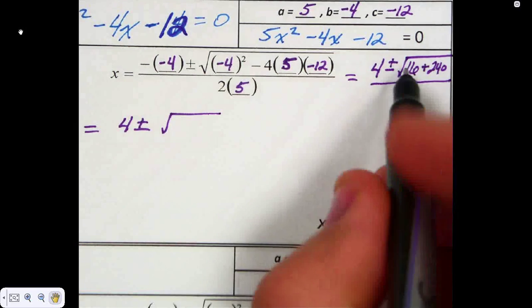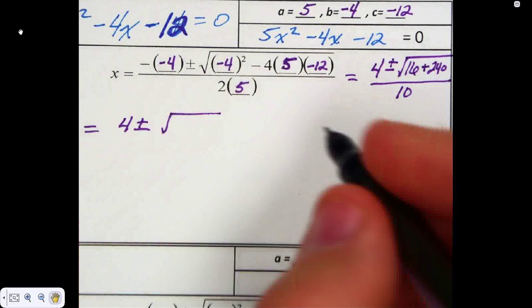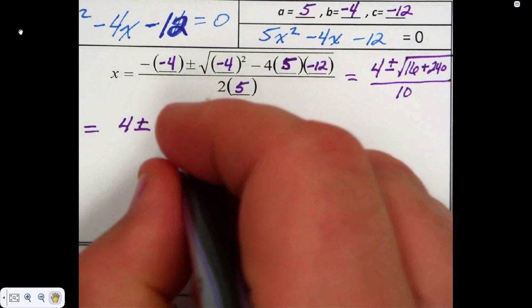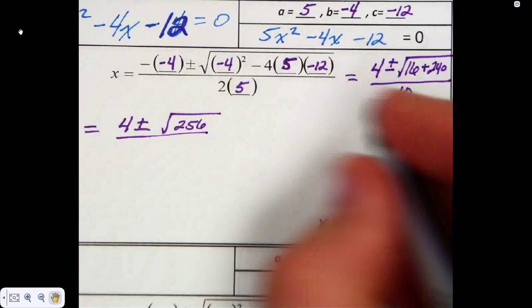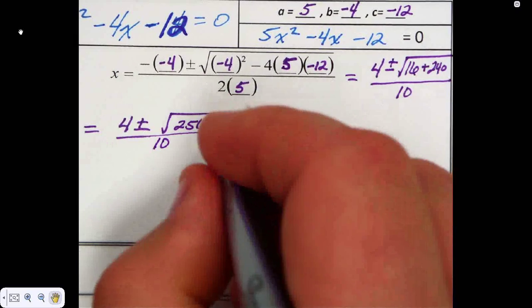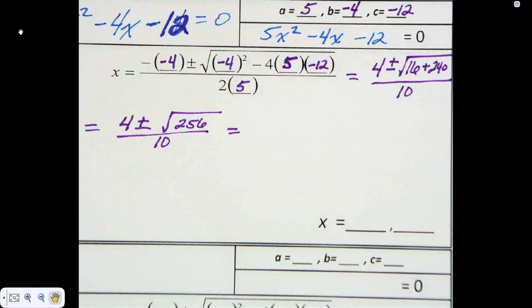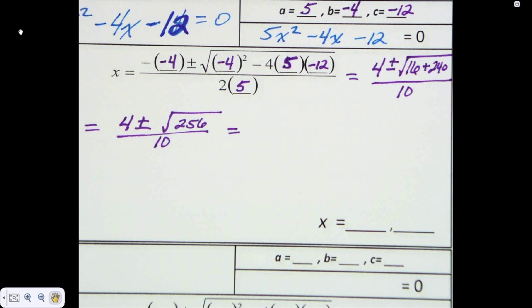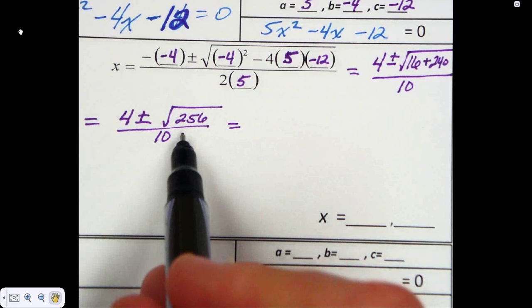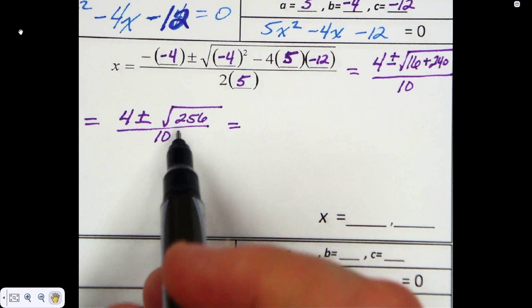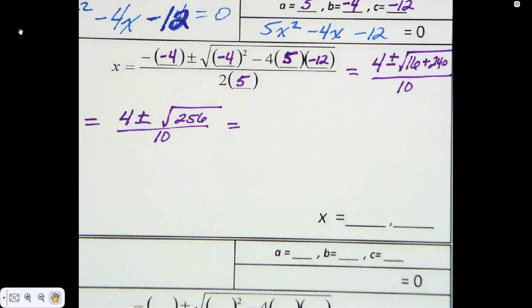Now, square root of, now add that. What is 16 plus 240? 256. All of that over 10. Now, in all the ones I've given you today, they were factorable. So this should come out to be a perfect square. In other words, when you put this into your calculator,